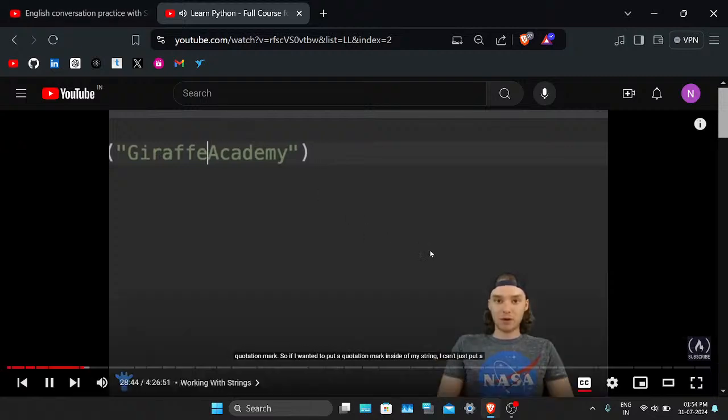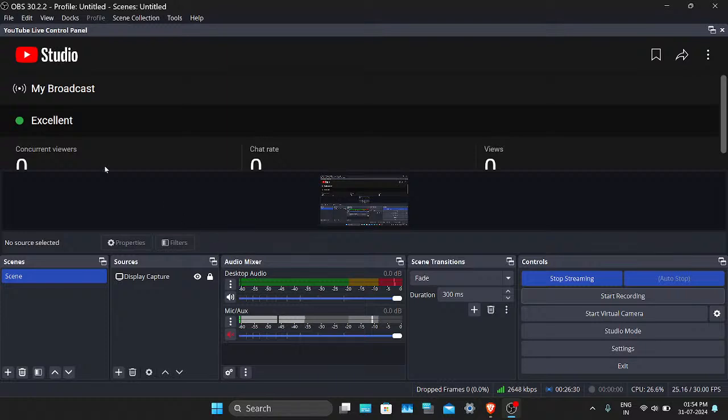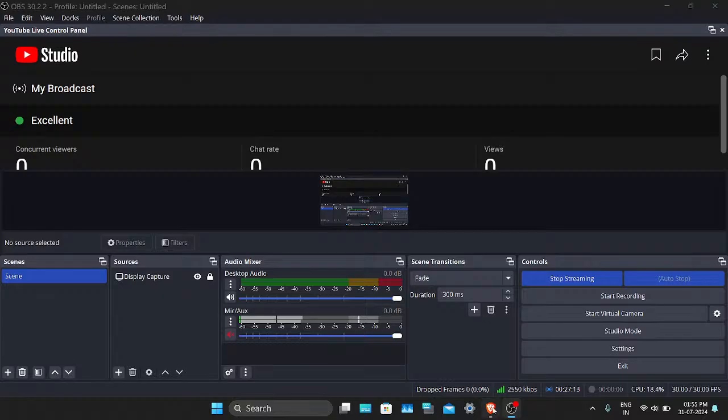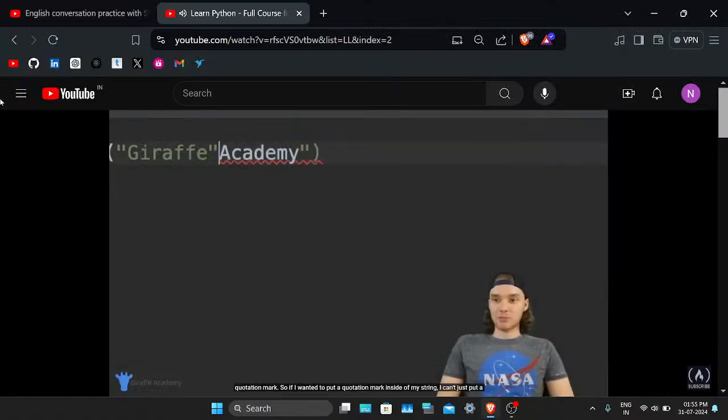So if I wanted to put a quotation mark inside of my string, I can't just put a quotation mark like that, because Python's going to think that I'm trying to end this string.